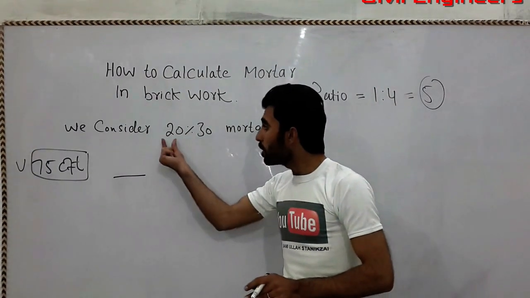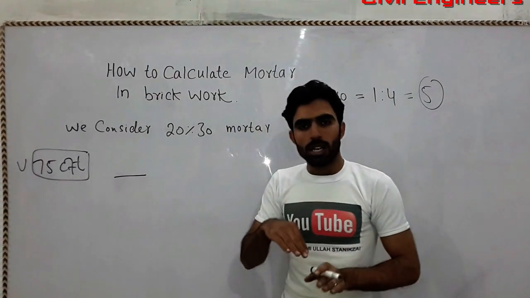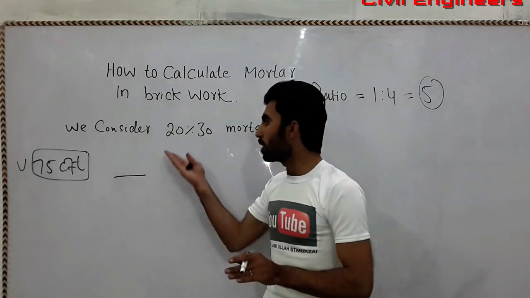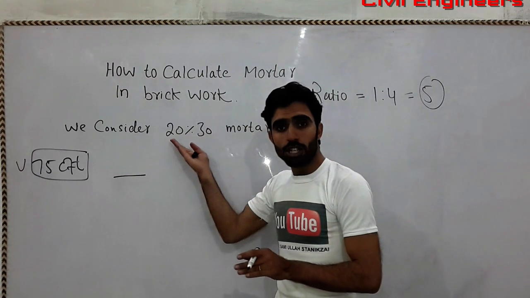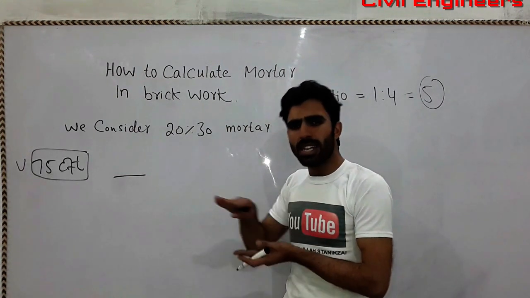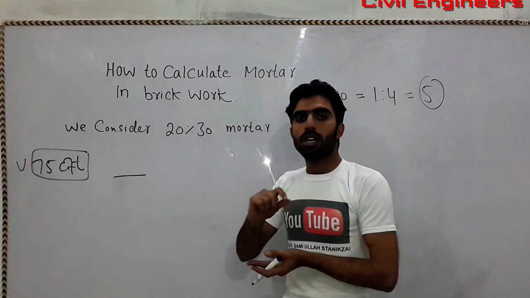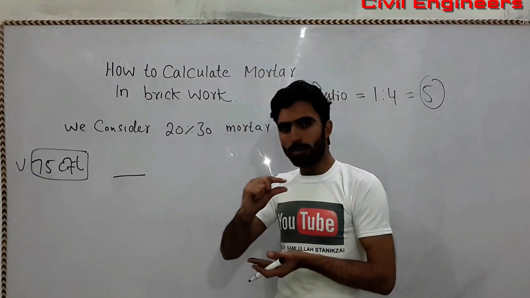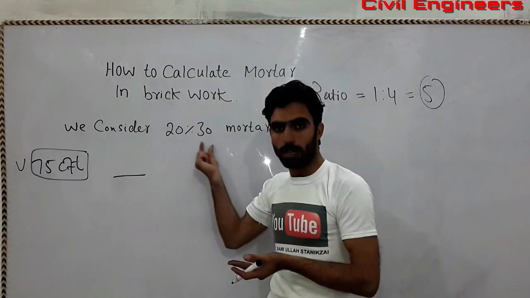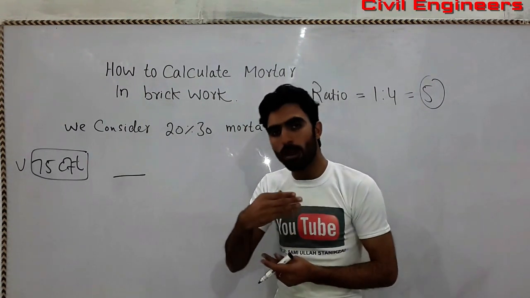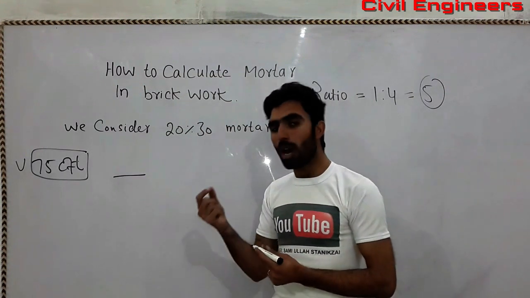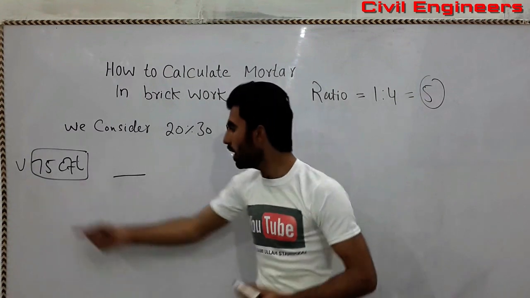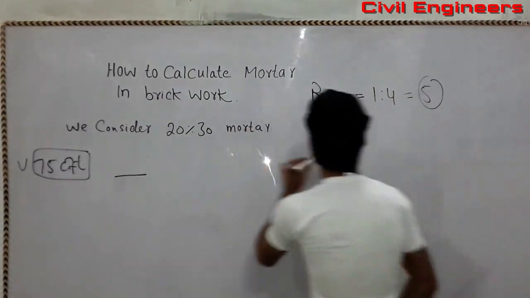That's why 20 to 30%, because different masons work differently. Sometimes people are using 20%, meaning they are using a thin layer on the bricks. Sometimes different people use a depth a little more than 20%. So you can consider from 20% to 30%. I will consider here 25% for this 75 cubic feet work.